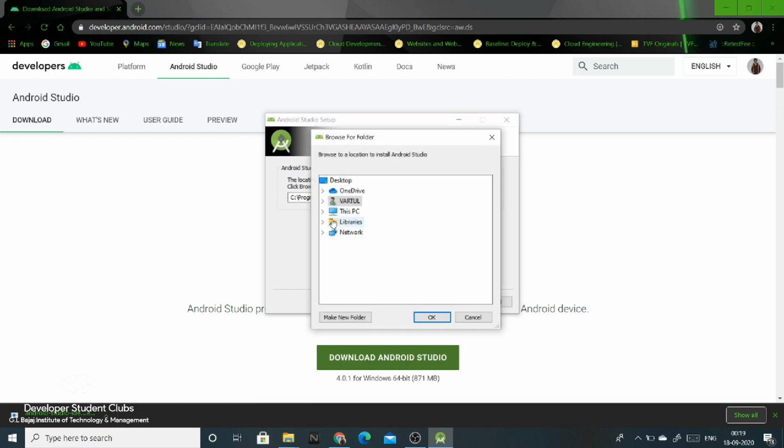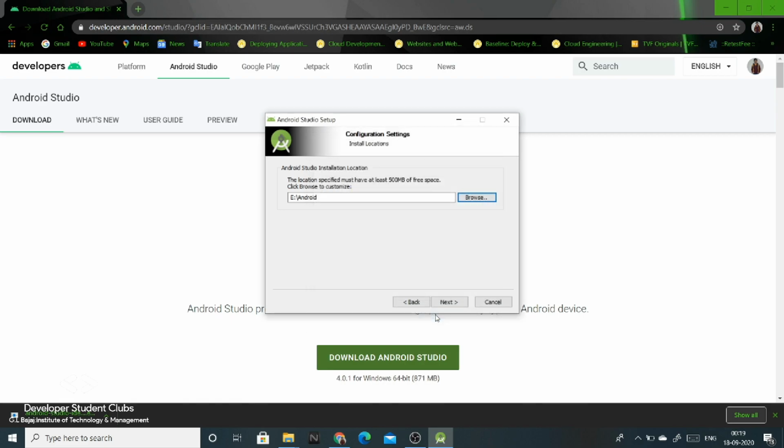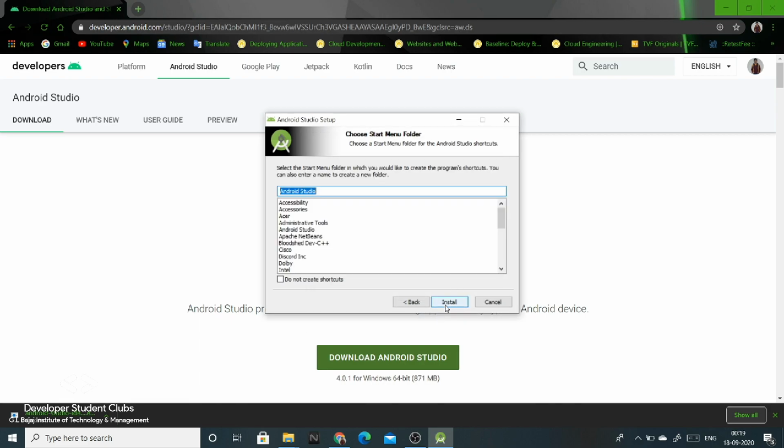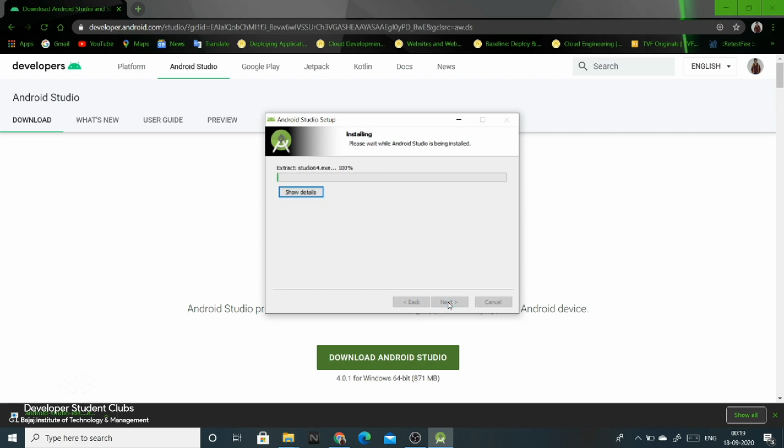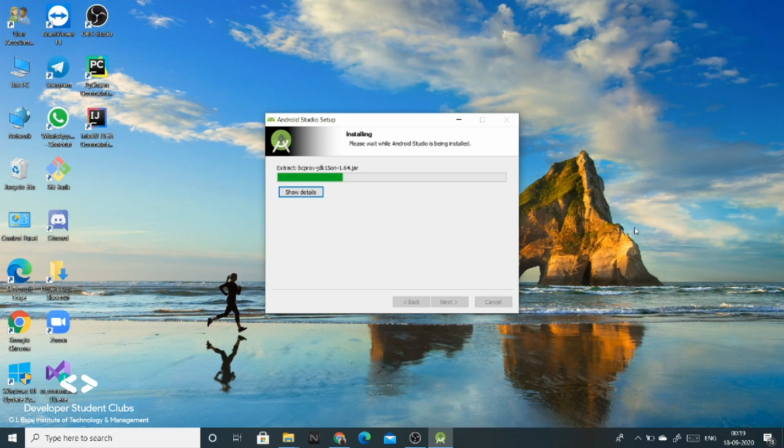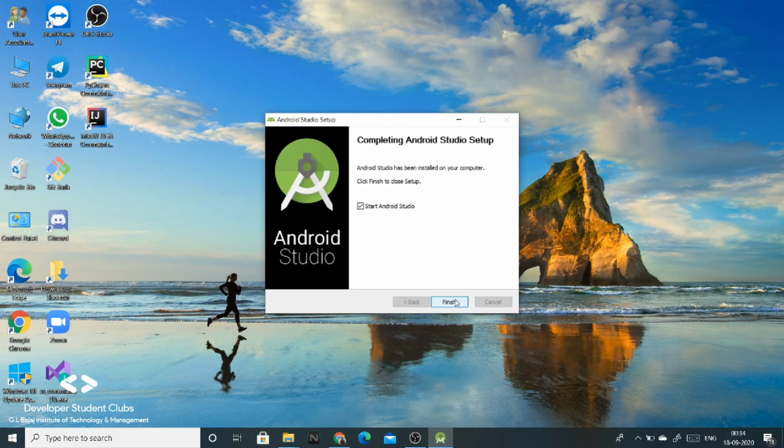I will change it to This PC, E drive, and Android, the folder that I have already made for this. Then click on next. Just click install. It will take some time to install. So our installation process is finished. Now let's click on next and finish.